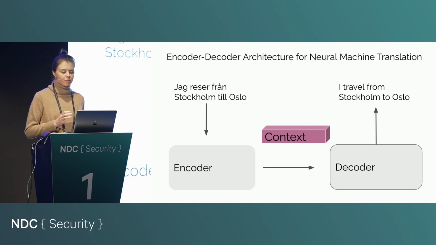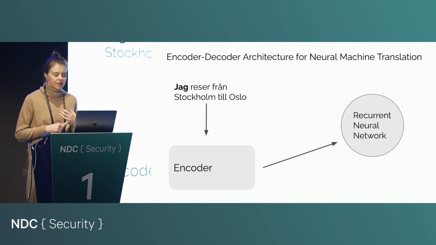We have the first model, which is the encoder. You can think of it as the expert in Swedish. It takes this sequence of Swedish words and it analyzes them one by one while remembering the context. And then it collects all of the information that it got from every word, and it outputs what's known as a context vector. And this vector is then sent to the second part of this model, which is like the expert in English, you might think. The expert in English takes this context vector that it got from the Swedish expert, and from that vector, it's able to generate the correct sequence of words in English.